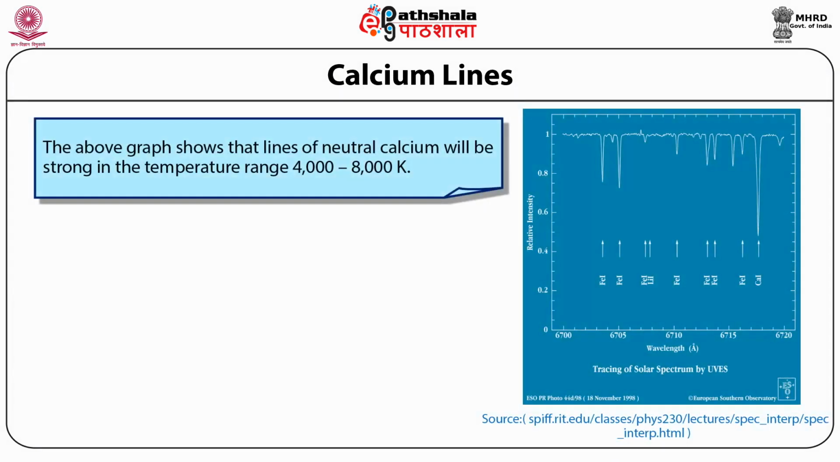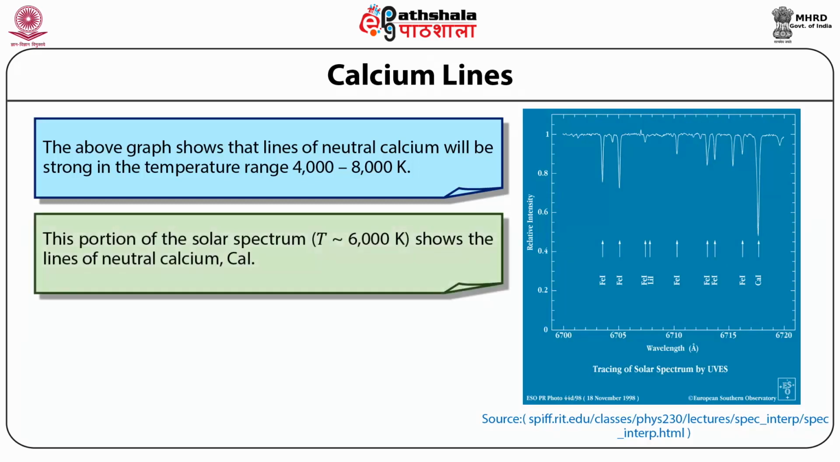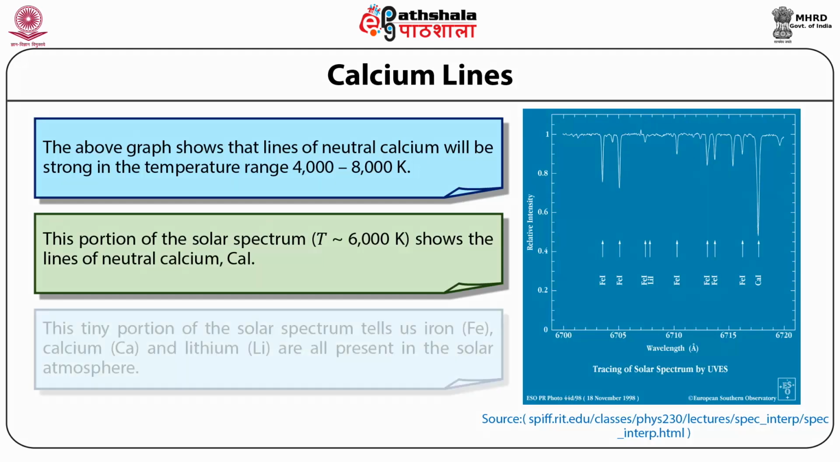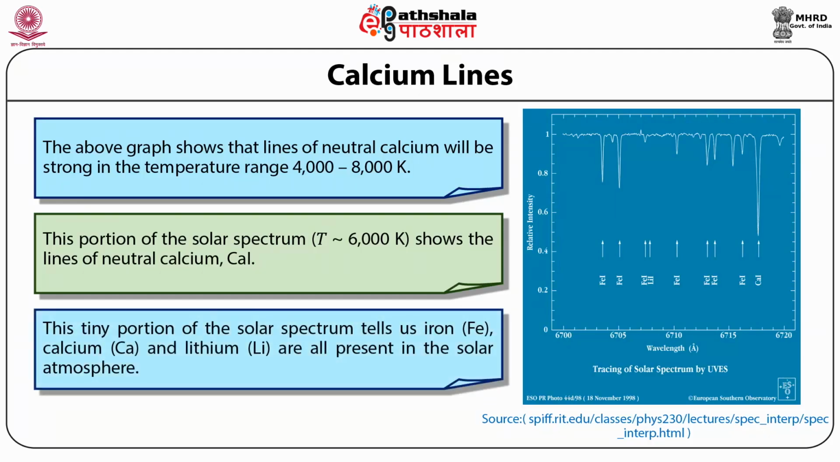The graph given below shows that the lines of neutral calcium will be strong in the temperature range 4000 to 8000 Kelvin. This portion of the solar spectrum, where the temperature is almost equal to 6000 Kelvin, shows the lines of neutral calcium. This tiny portion of the solar spectrum in the given graph tells us iron, calcium and lithium are all present